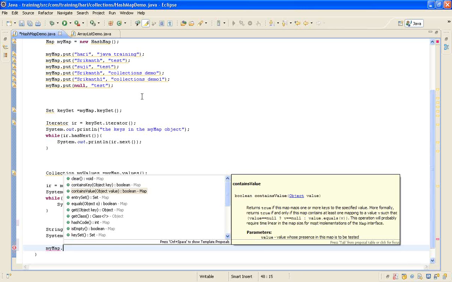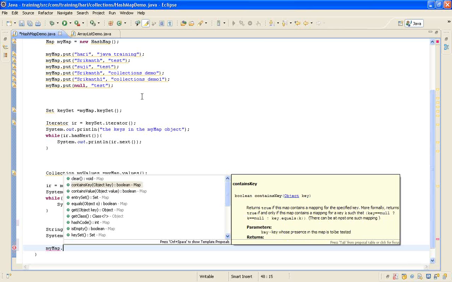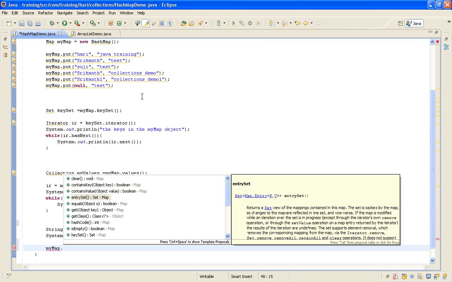containsValue: you look at the right hand side, the values only. Based on whether the value is there or not, it will return true or false. entrySet is backed by the map, so entrySet returns a set view of the mappings contained, and the set is backed by